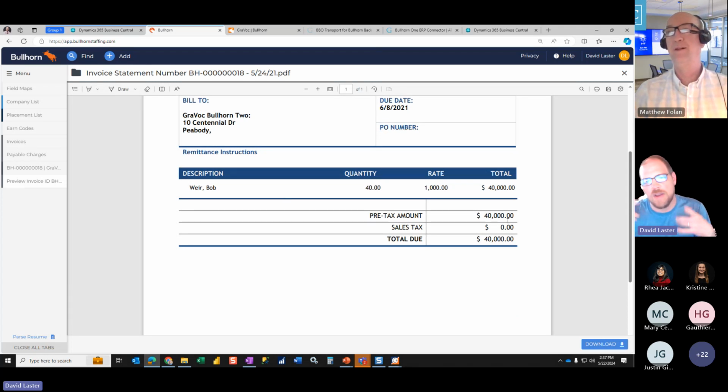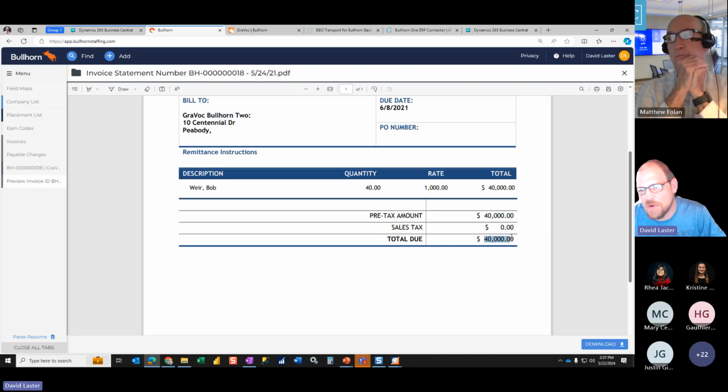So the goal of our connector is to take this information and transport that into Business Central. We want to do the accounting on this. So whatever revenue code Bob earned, whatever dimension values that Bob worked for, we want that to be now part of the ERP distributions. And we also want to ensure that the grand total here matches so that we're not creating variances between Business Central and Bullhorn One, because it causes accounting reconciliation challenges, write-offs, and generally kind of a